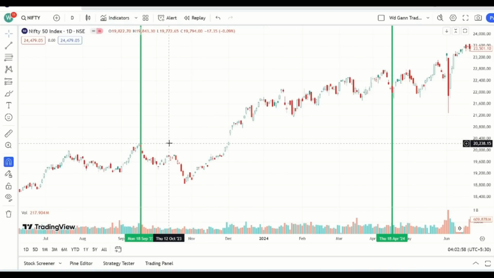Market went from 20,238 to the level of 19,345. We can see a very good reversal here, a reversal of almost 800 points. Before we saw a reversal of 900 points, now a reversal of 800 points. Now let's go more back in the past and check more dates. Open the Genzilla app again.